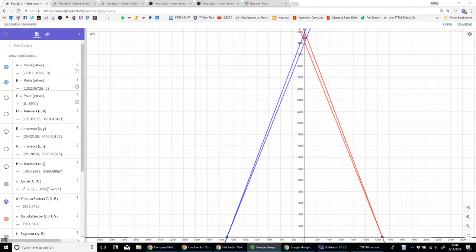And then we're going to look at how to corroborate, how to defend the globe claim that the moon is as far away as we say it is, and therefore that the moon is as large as we say it is. So to begin, I have this GeoGebra